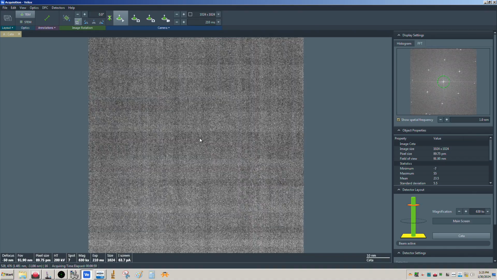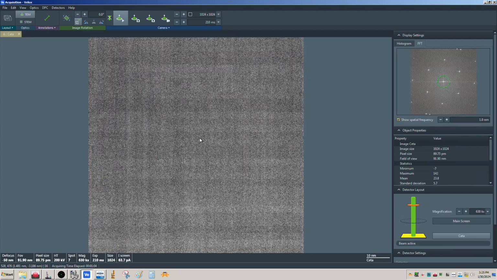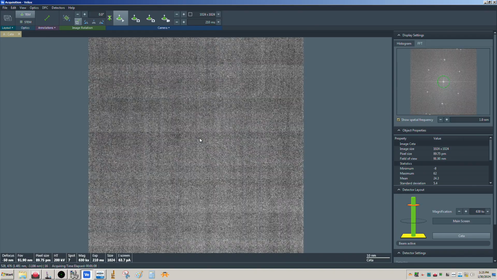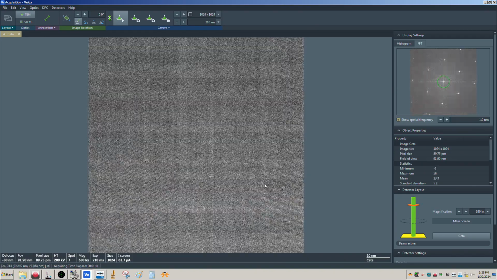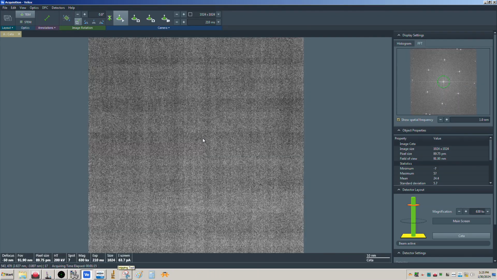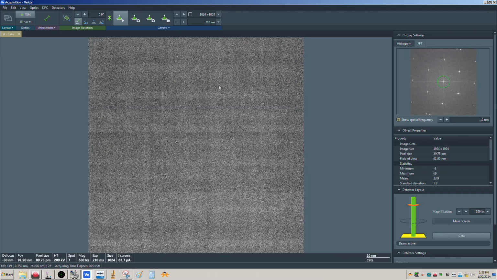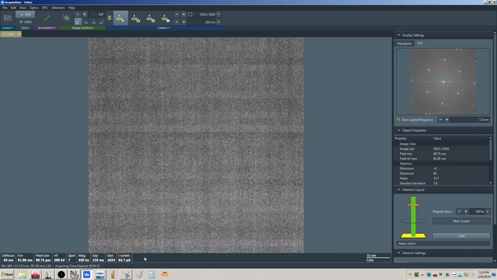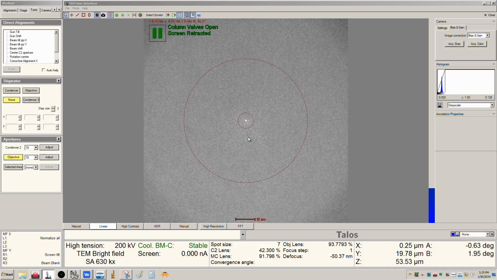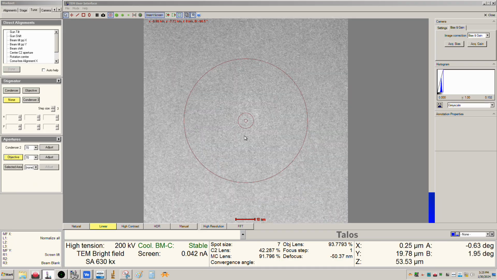Okay, we don't have one of these on this microscope. We have the SATA camera, which is fiber optically coupled, so it's not direct detect, but those cameras are actually more effective at working at these really low currents, because they can remove the effect of the instrument noise, which becomes more dominant when you don't have as much signal. Okay, so that was what I wanted to go over here,